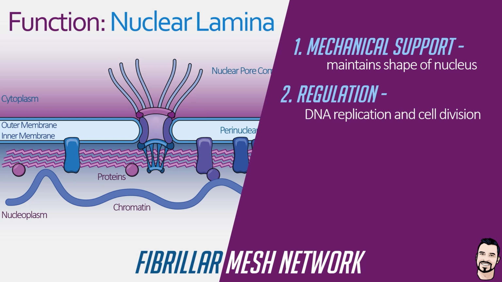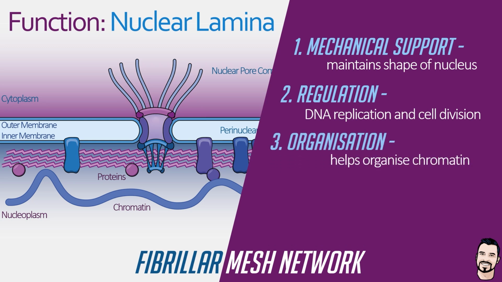The third function of the nuclear lamina is in organizing chromatin. It helps to anchor specific regions of DNA to the inner membrane, which in turn influences how chromosomes are arranged within the nucleus. This structural organization supports chromosome formation and helps regulate which genes are active or inactive in different